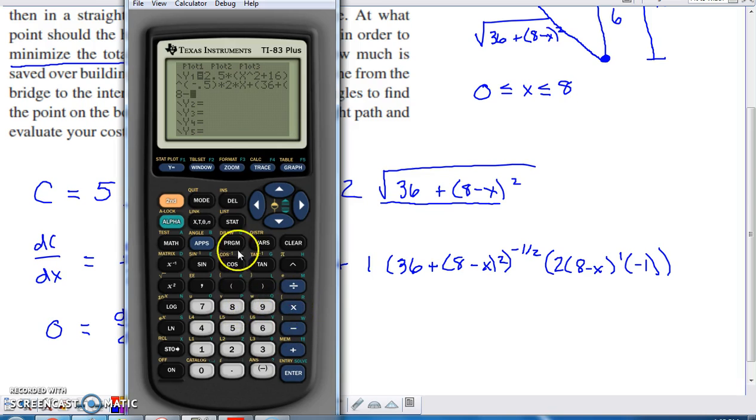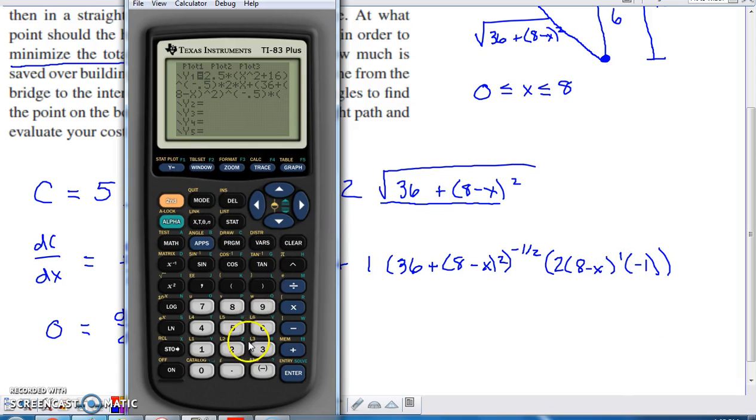I need 8 minus x in that set of parentheses. I need to square that set of parentheses. I need to close that set of parentheses now. I need to raise to the negative 1/2 power again. I'm going to toss that power in parentheses. And then I need to multiply by this quantity,